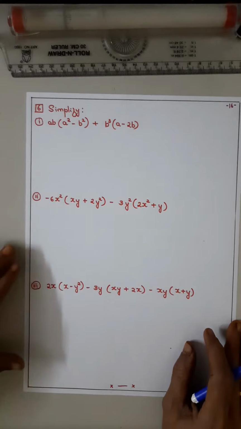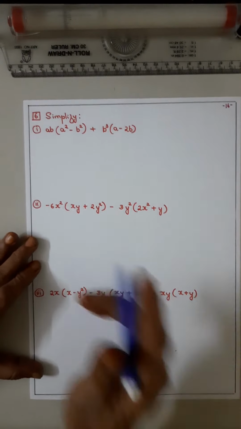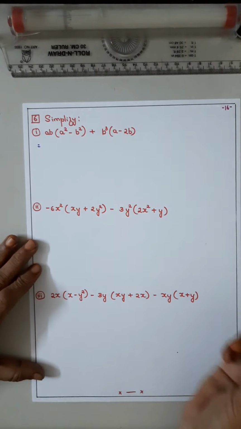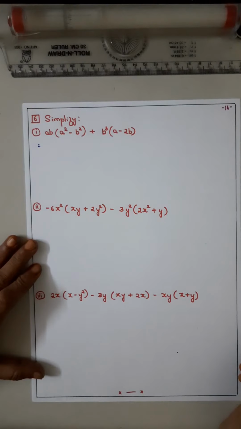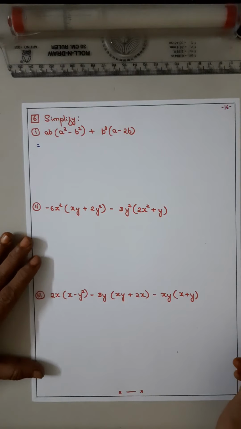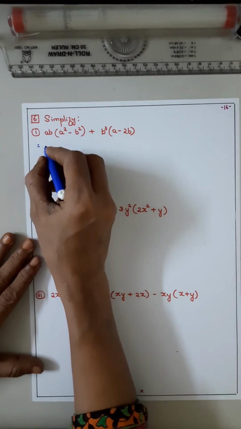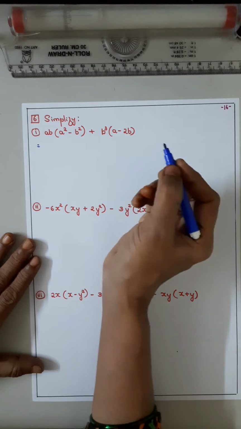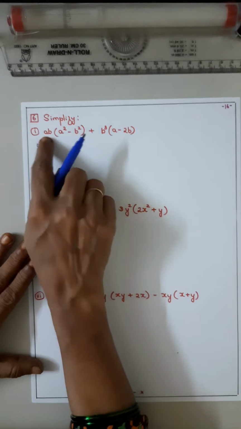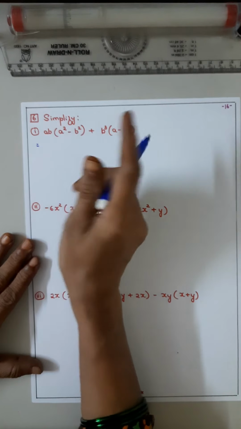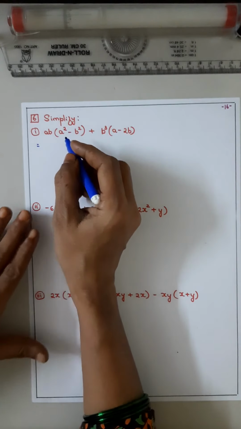Sixth sum is simplify. That is AB bracket open A squared minus B squared plus B cube bracket open A minus 2B. Now A into A squared, it becomes how much? First we have to open this, isn't it? Okay, it is